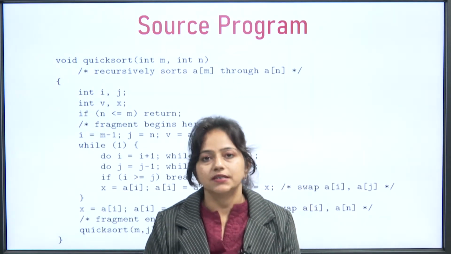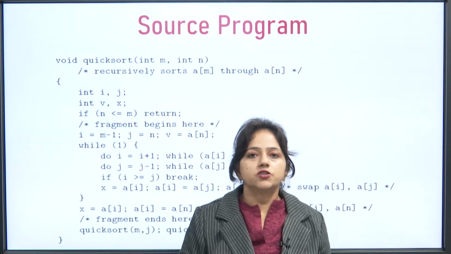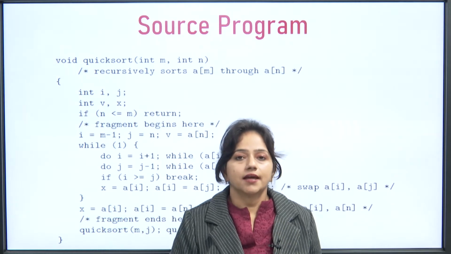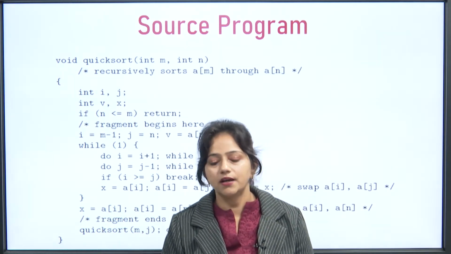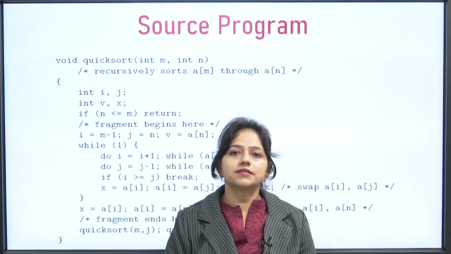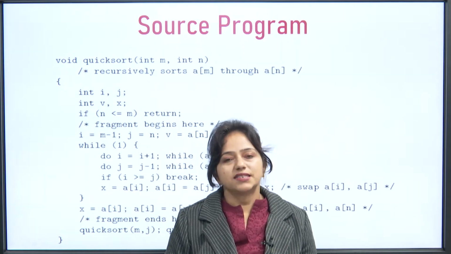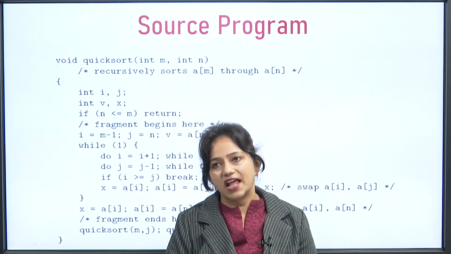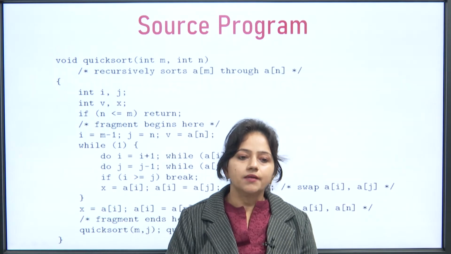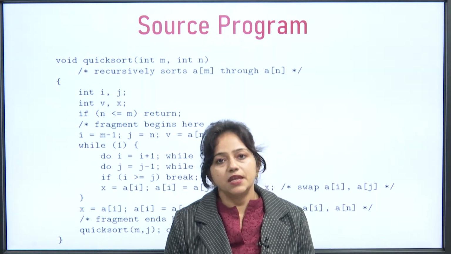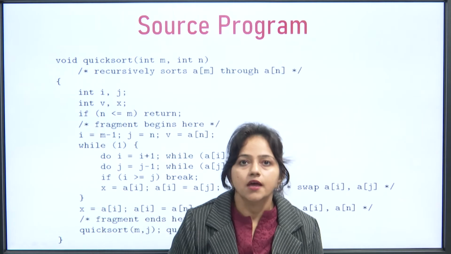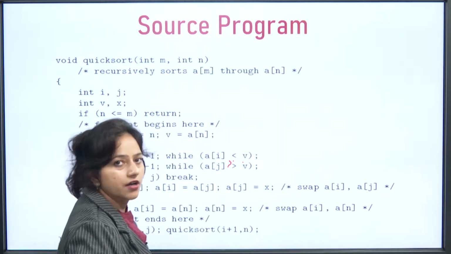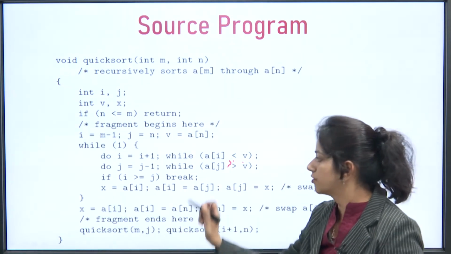Now, we will take one simple example where we will try to study the code optimization techniques. These are basically machine independent code optimization techniques, and they follow semantic preserving transformations. We will try to protect the meaning, that is, the meaning should not change under the transformation. So, here we will take a very simple example: quick sort. This is a standard algorithm for quick sort.